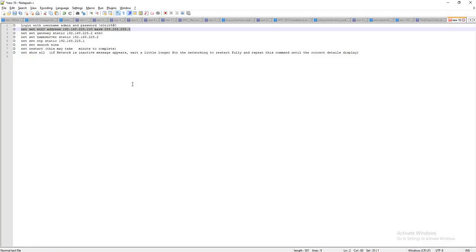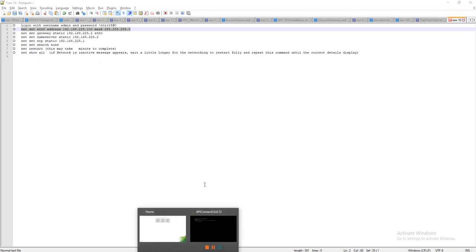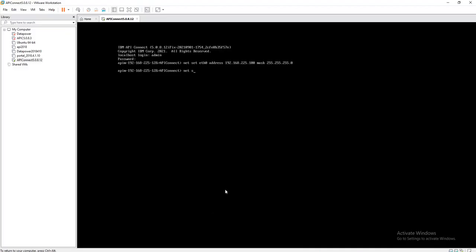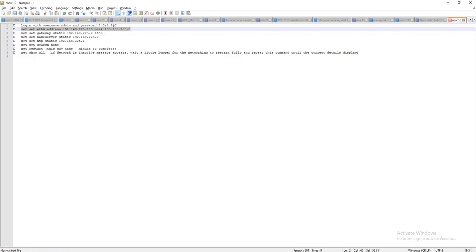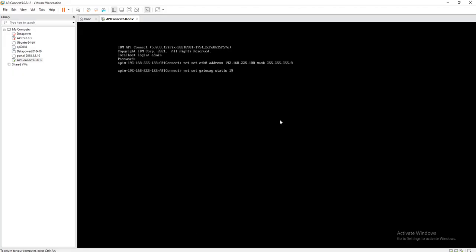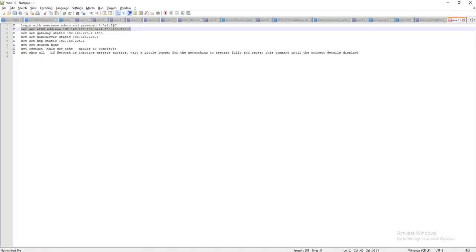Next command would be net set gateway static. Zero. Okay, and next command would be net set name server static.